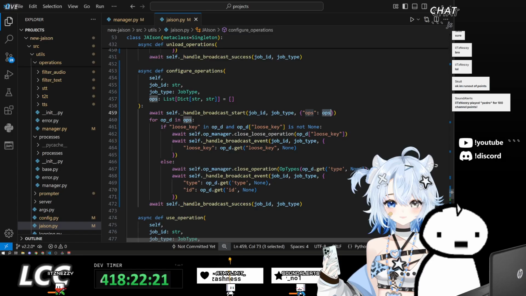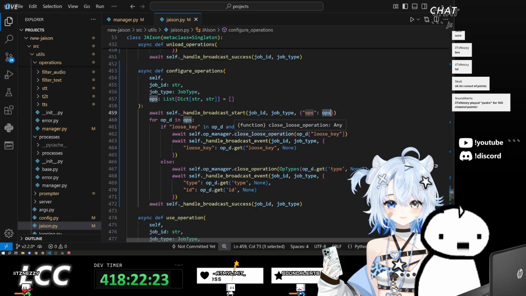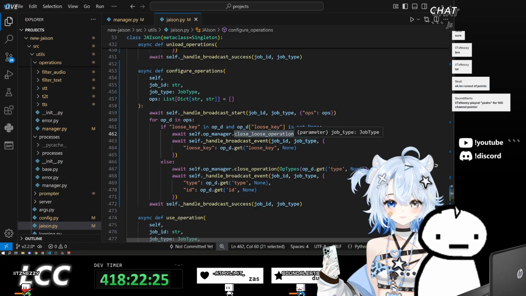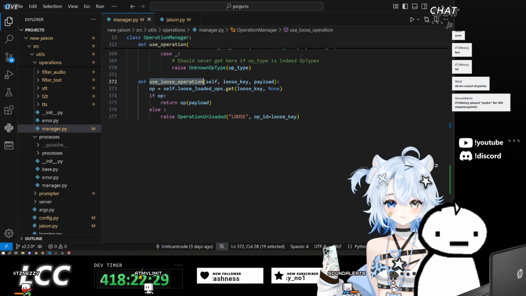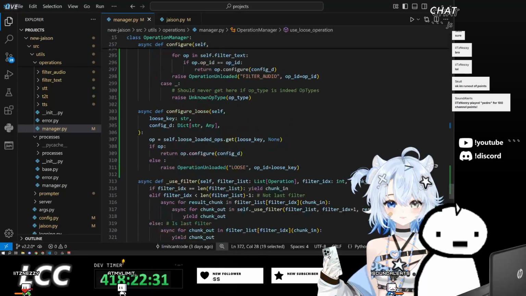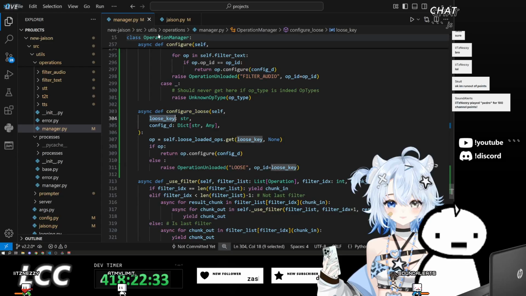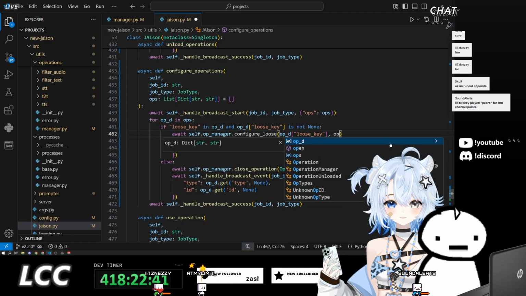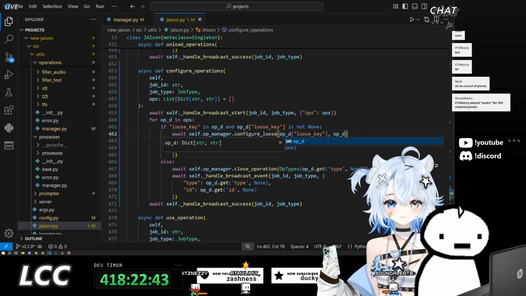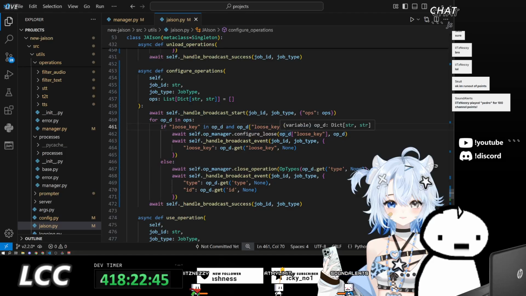So if loose key is inside of the operations, then we are going to call configure loose. This takes in a loose key and the configuration ID. The loose key and I guess the rest of the operation dictionary, right? That would make the most sense.